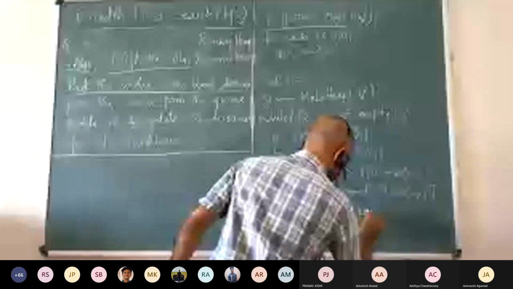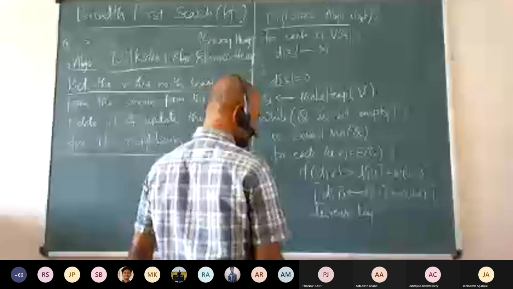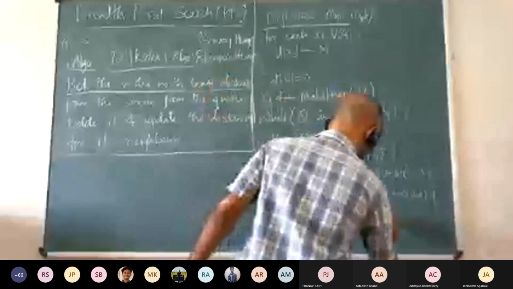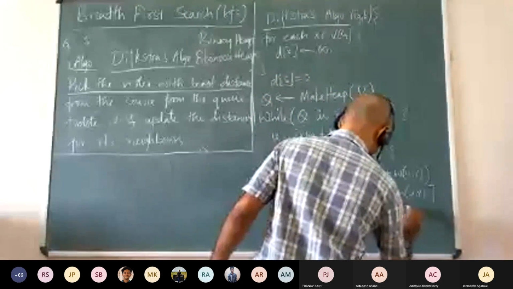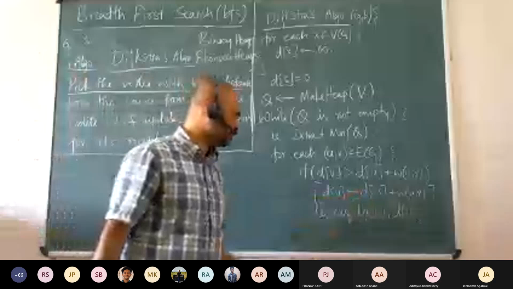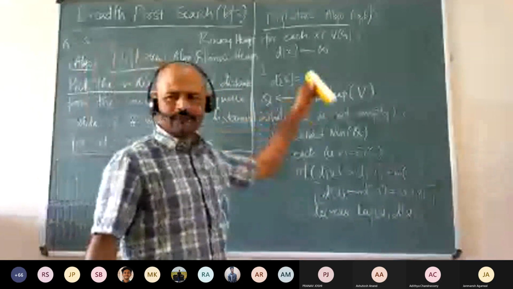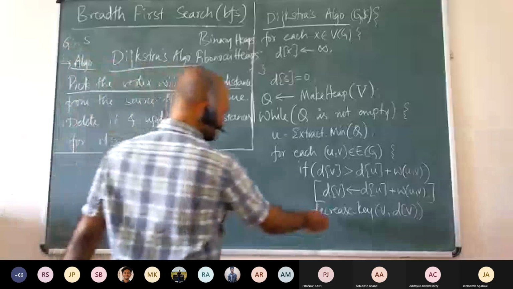So you set this like this, and you decrease key for this vertex V with this distance dV. So you will be decreasing it to dV, right? This is the operation we will do. Notice that all the vertices are there in the heap initially itself, so we are now only decreasing the value of it. So we will do this decrease key operation, right?